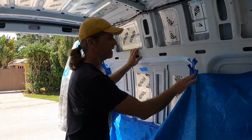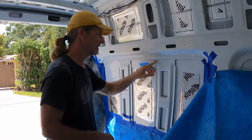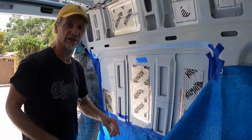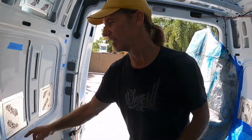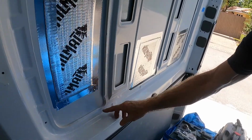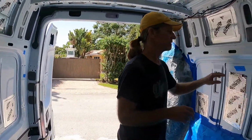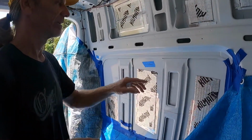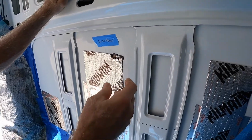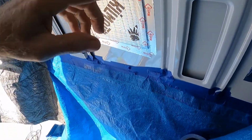We got it all taped up best we can, trying to prevent any of the metal shavings from going down and getting caught like over here. We don't want any metal shavings behind there because it'll rust out this and rust out the outer panel of the van. So we taped it up best we can. While we're cutting this, we're going to run a shop vac that will pull most of the metal away. So we're going to make this cut,